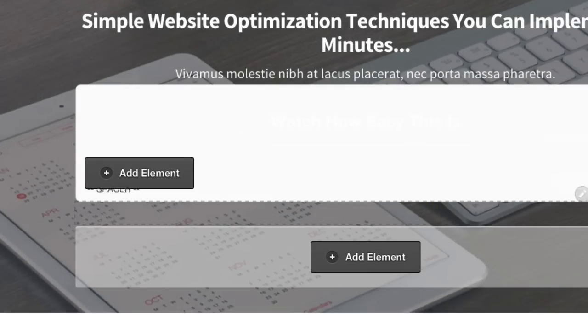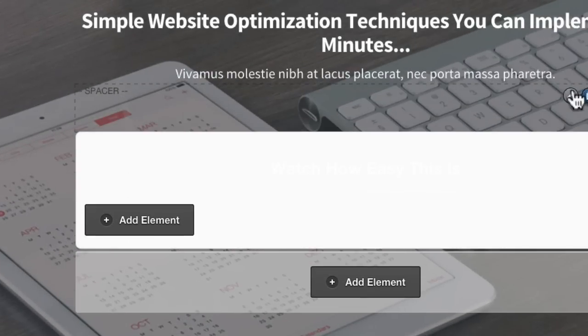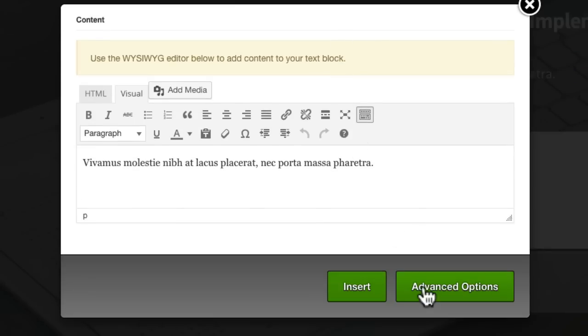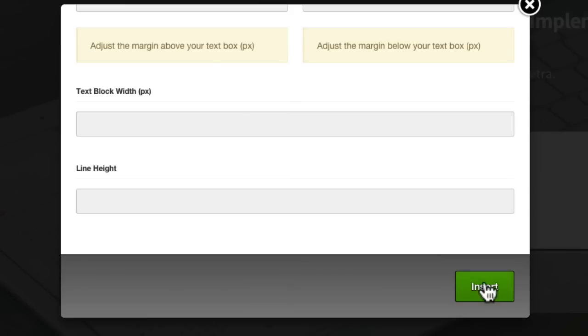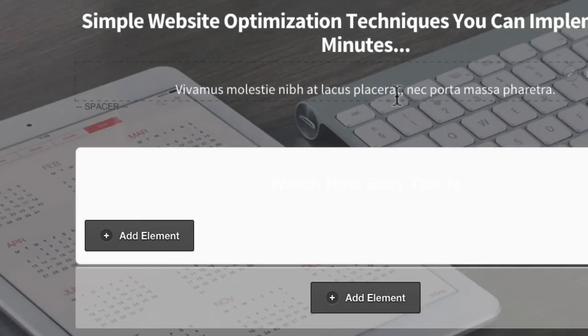And notice this is a spacing element. I'm just going to drag it and put it above here. And I want a bit of space above this subheading. If I open up the pencil icon, scroll down, advanced options, I could put some padding above here. So I could, let's say 25 pixels, and that will increase a little bit of space above that heading there, okay? Let's open up this button as well and change that